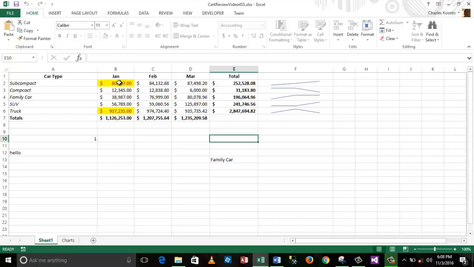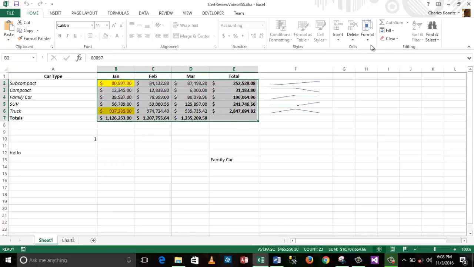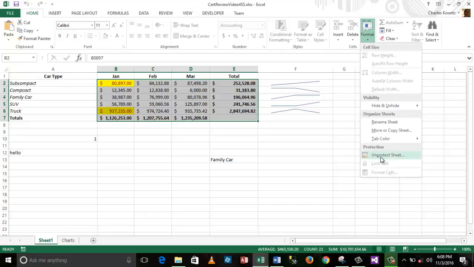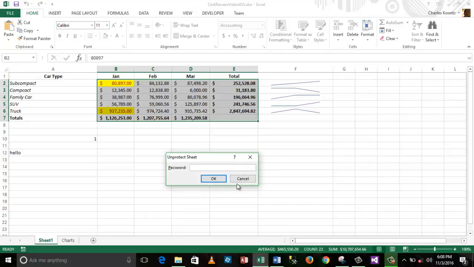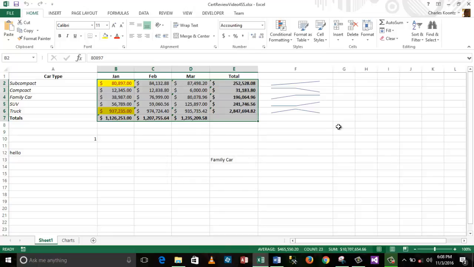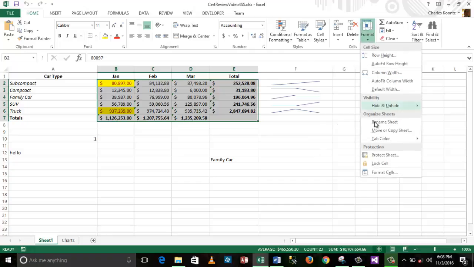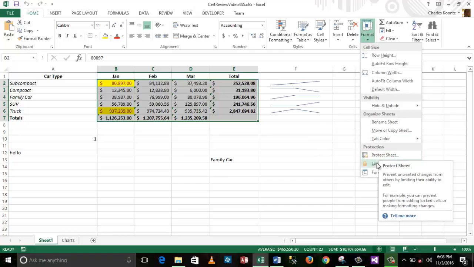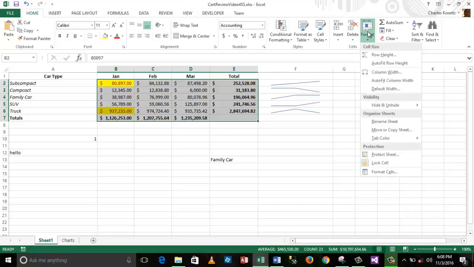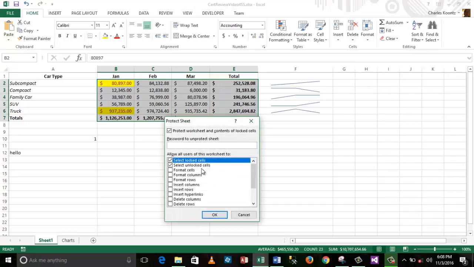I'm going to try this one more time. I'm going to highlight all the cells, go back here and unprotect the sheet. I have to remember that password. And highlight the cells, choose lock, follow that by protect,